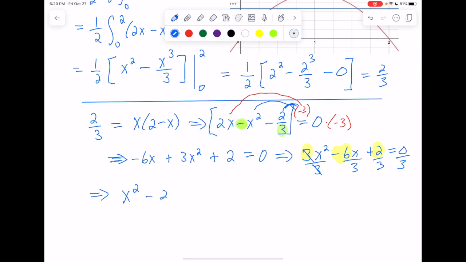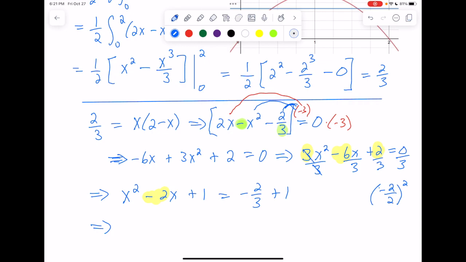And then I would have -2x, and then I have plus 2/3, but when you're completing the square, you take the constant term and you move it to the other side. And then you take this number that's in front of the x after you've got a 1 as your coefficient on x squared, you take that number and you divide it by 2 and square it. So I'm going off to the side over here. Negative 2 divided by 2 squared is going to be a 1. If I add 1 to both sides, the left side should be a perfect square.